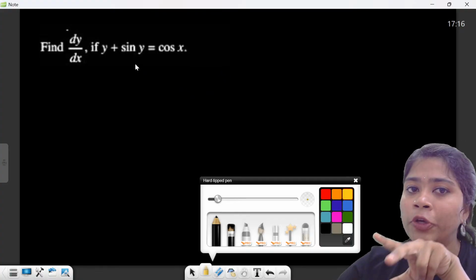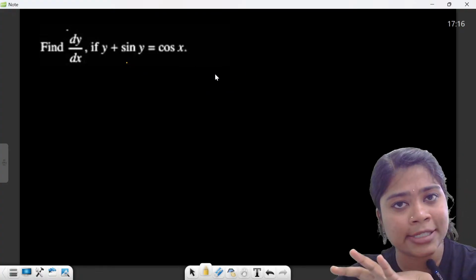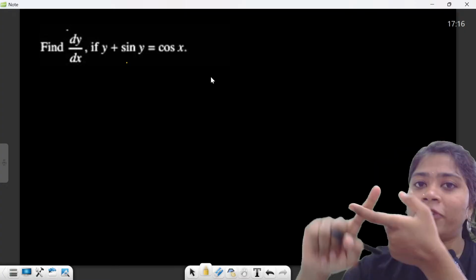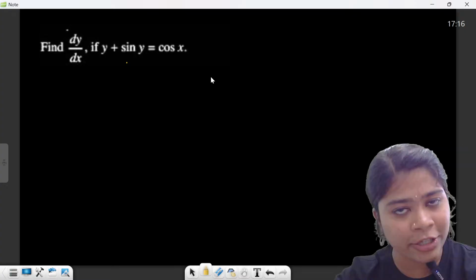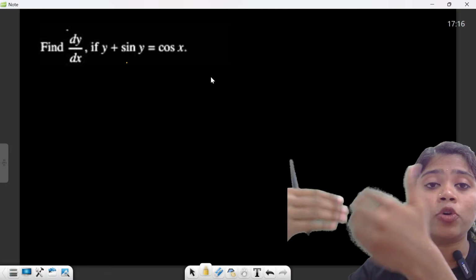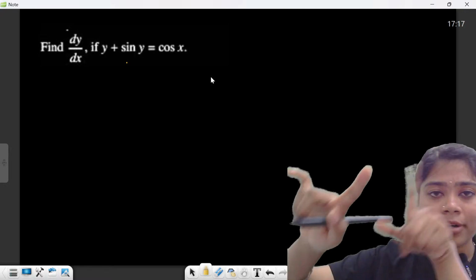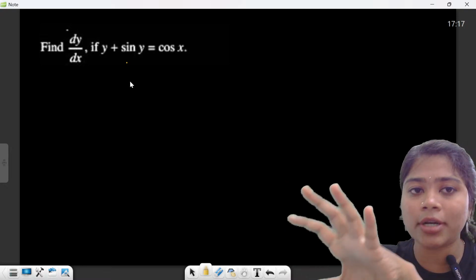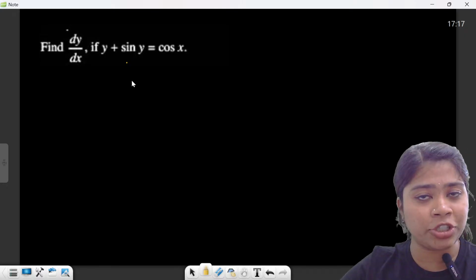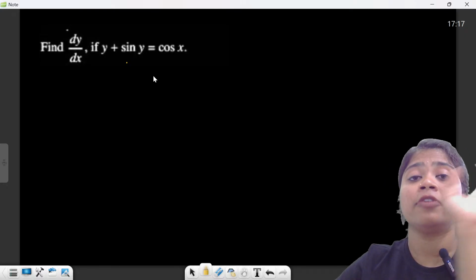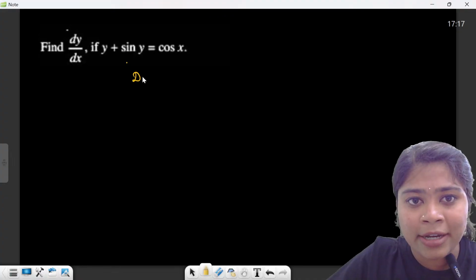Implicit function differentiation is not that different. So here you have variables y and x in the same equation. Sometimes those two are interrelated. So here you want to differentiate the y variable with respect to x. Differentiating